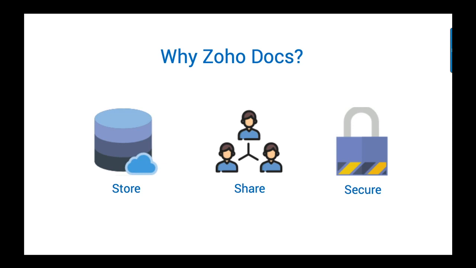Also, we've had questions about how Zoho Docs is different from the G Suite. G Suite is very similar to what we have, something called Zoho Workplace, which is a bundle of applications, nine applications to be exact, that you need to run your organization on. It comes with email, it comes with chat, it comes with your private social network, which is Zoho Connect. It comes with an online training tool, which is Zoho Showtime. So the bundle of those apps is Zoho Workplace, and they're very similar to G Suite.